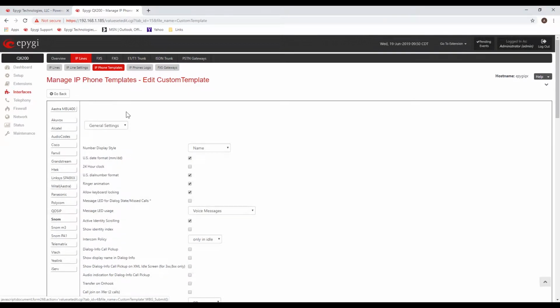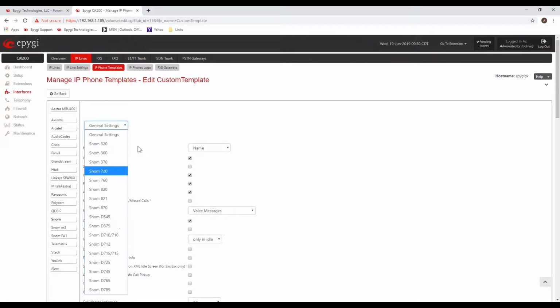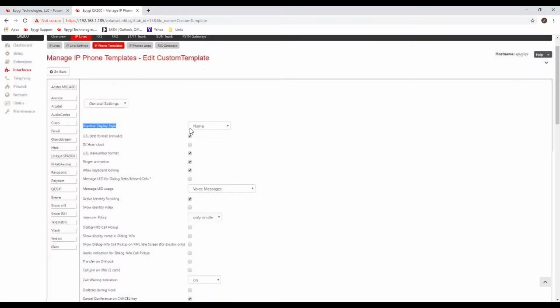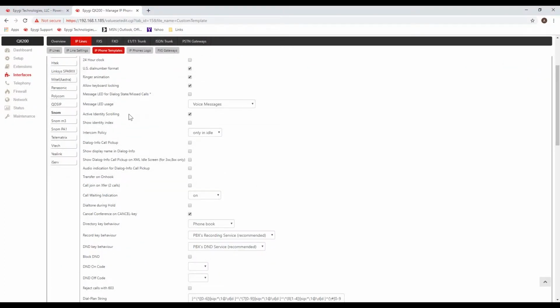Once I've created that template name, I can click on it, and you'll see a list of all the different vendors on the left hand side. I can click on any one of these, for example, Snom. And then there's a drop down list of all the different phone models, and there's one at the top for the general settings. If you're configuring Snom phones, on this page you're going to find settings and parameters that are taken directly out of their configuration file. These are settings that we have either modified, and we put them on this page to let you change them back,